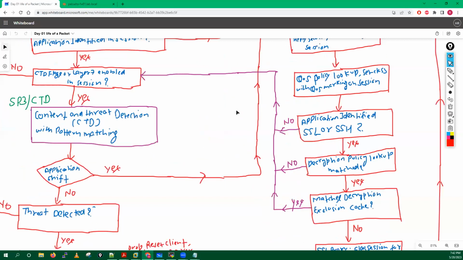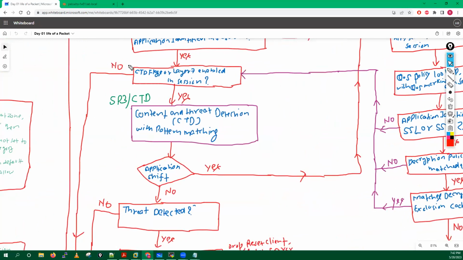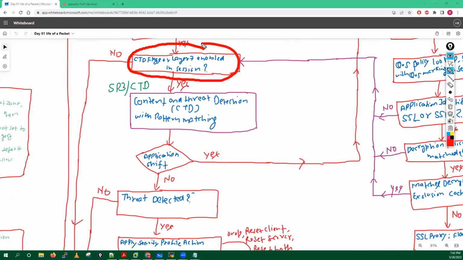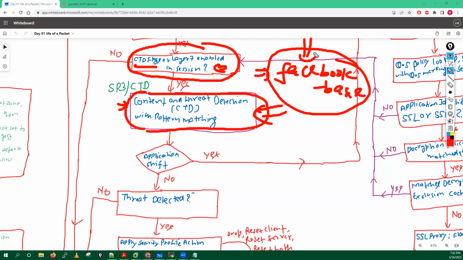Now we have a content engine here, CTD. This is your Content ID, where URL filtering, antivirus, all these things are applied. So if the CTD flag or layer 7 is enabled in the session, then they will move further. And here they are running some types of decoders and other things. They have some application decoders here, because tell me one thing, let's suppose I have identified the application as Facebook base, and now on my session